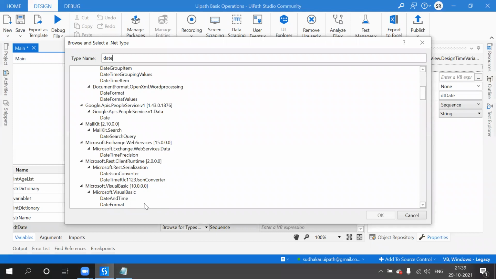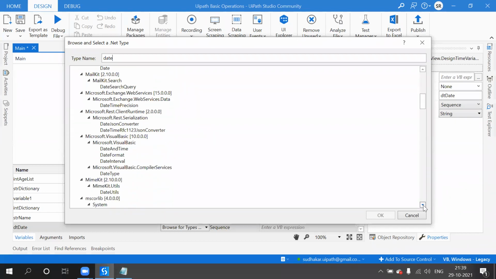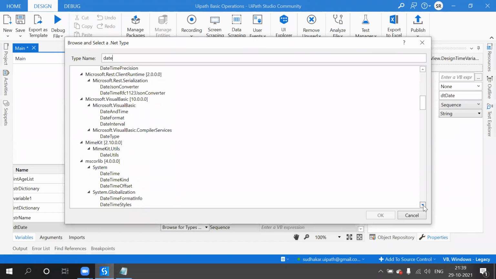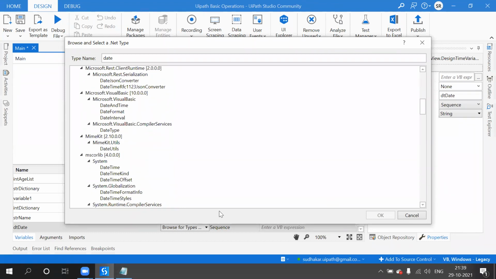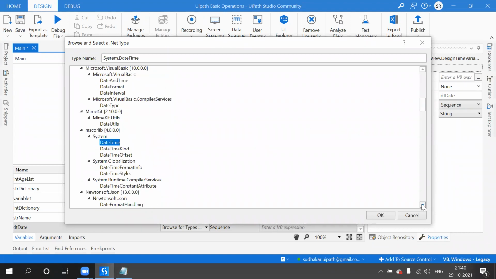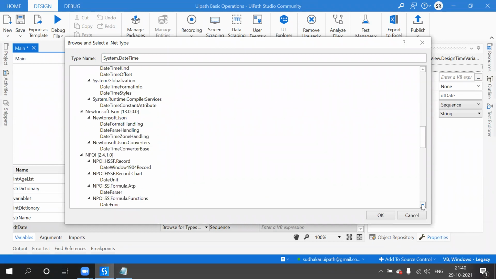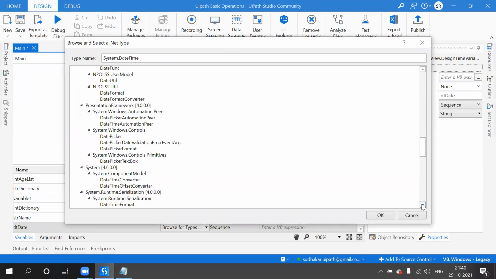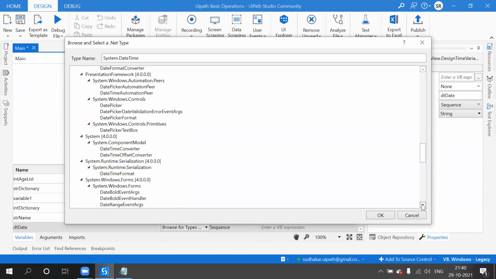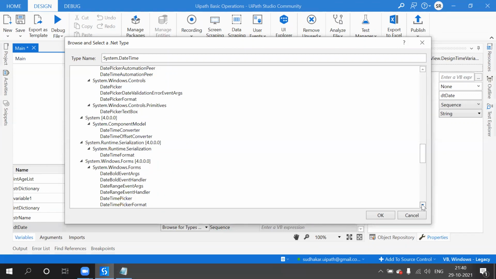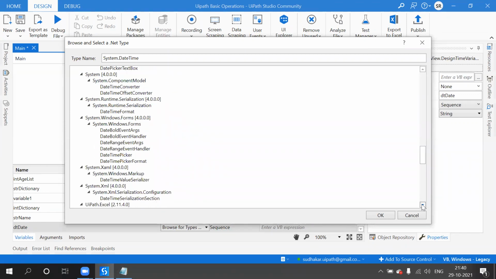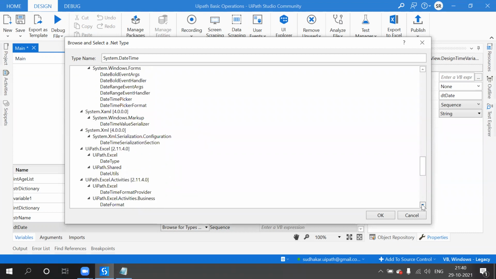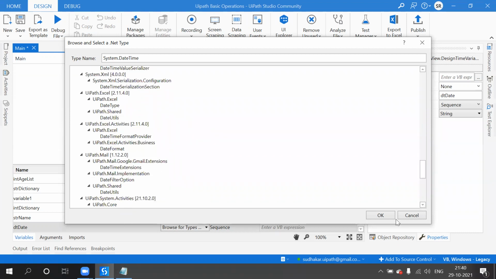Okay, so it is of system date type. Date format, date picker. Okay, date type for date time format. So the best is DateTime.